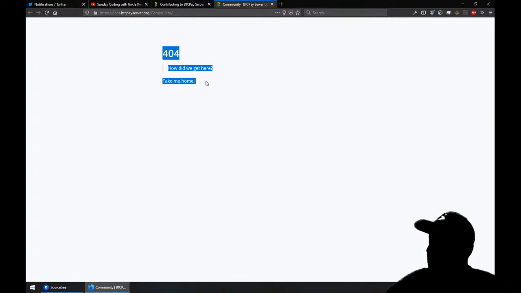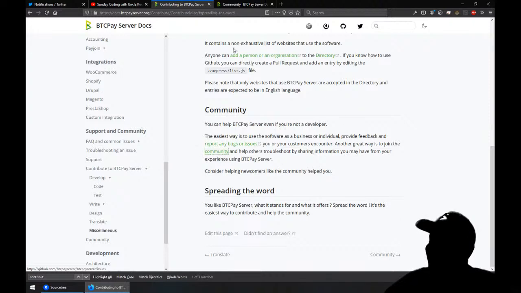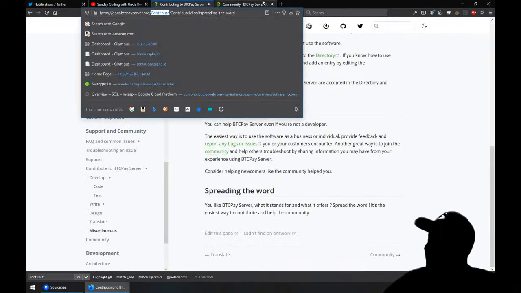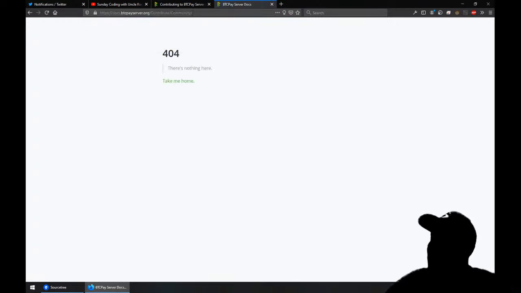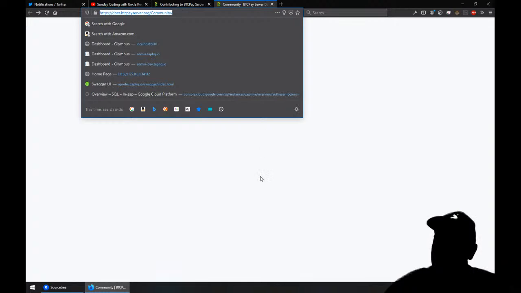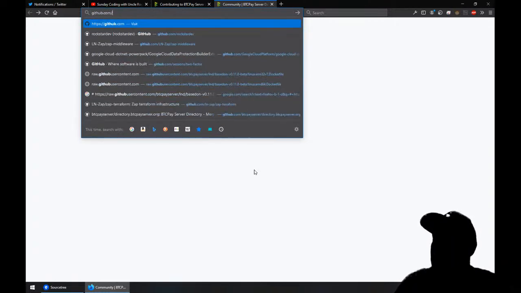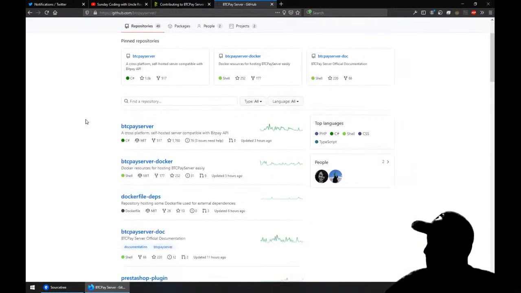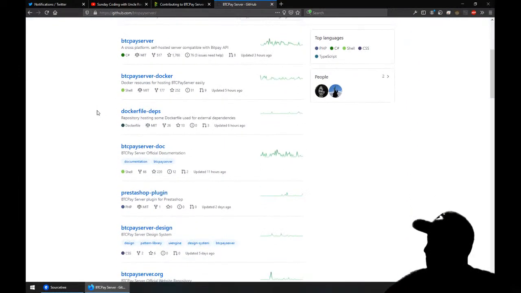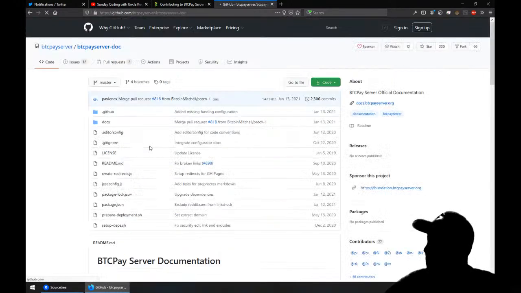See, that's why we don't have a big community. It's a 404. Nice. Is it contribute community? No. See, now when you see something like this is where your contribution starts. You go to GitHub BTCPayServer. Oh man, I'm not logged in this browser, but you go to docs,